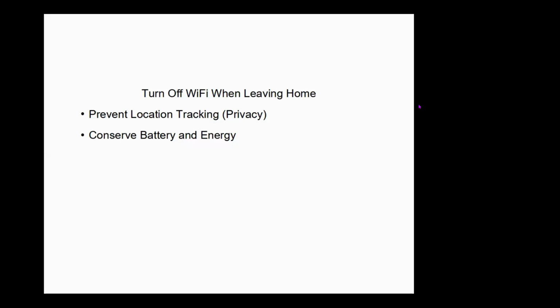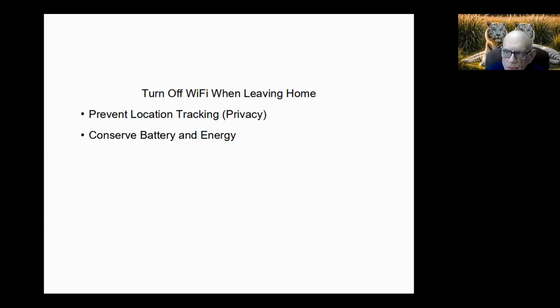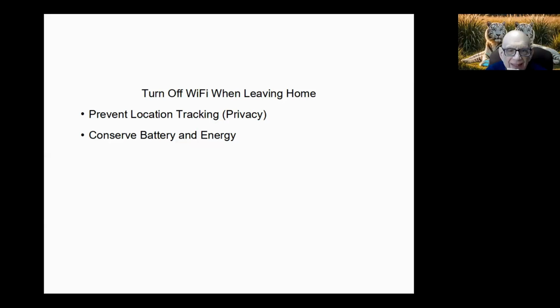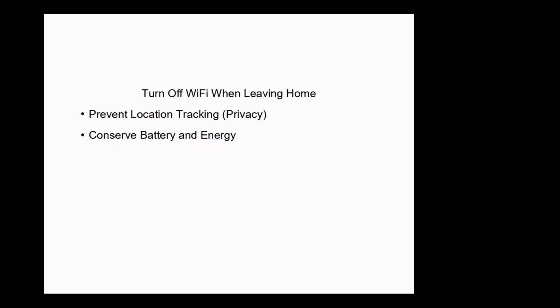So I just want to make sure I understand this. When you say turn the Wi-Fi off, do you mean on the actual device I'm leaving the house with, or my home Wi-Fi where the router is? No, turning it off on the device that you're leaving. It says turn off Wi-Fi when leaving home. Okay, I see, it means on the device that you're taking when you leave home. Okay, thank you.